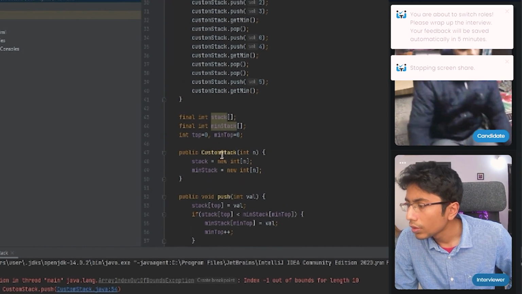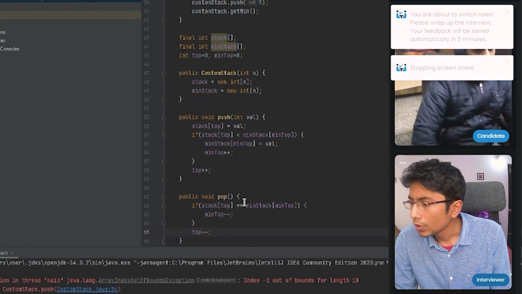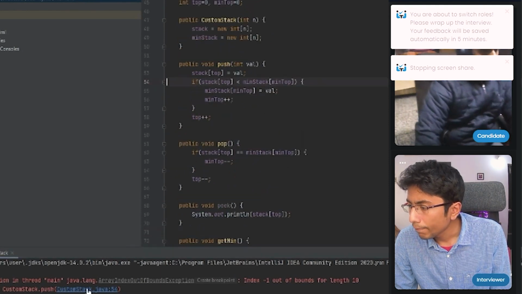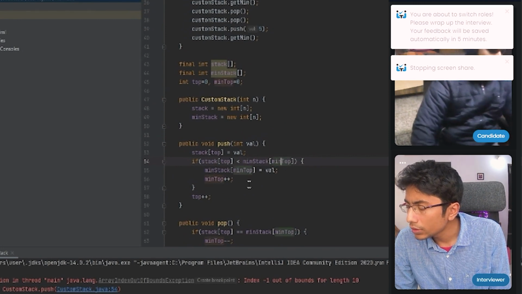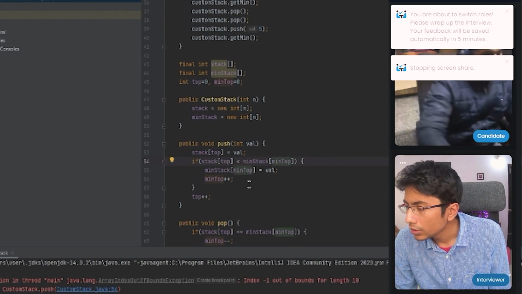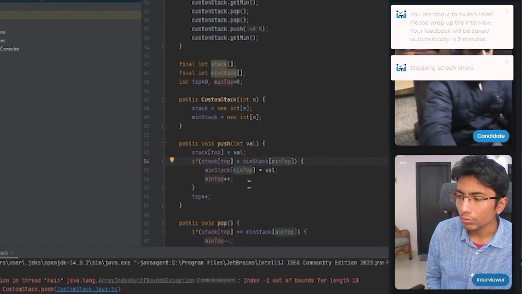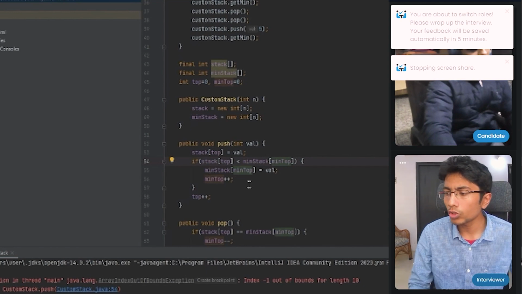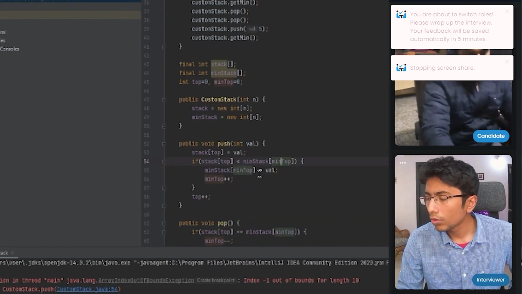We didn't push anything in min stack for the first time, and we are just comparing. But it should be 0 now. Did I wrongly insert? Yeah, we are inserting for the first time in min stack. In min stack we'll never insert anything because min stack top will always be 0.